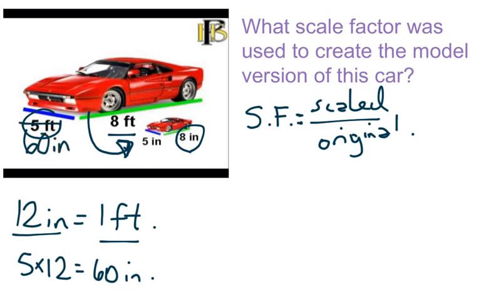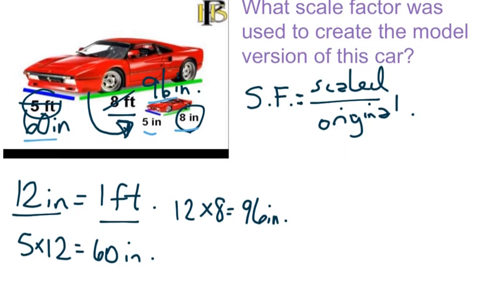And then for 8 feet I would do 12 inches times that, so 12 times 8, which would get me 96 inches. Okay, now this is what I'm going to compare. Now I can choose either to compare the 60 inches to the 5 inches or the 96 to 8. I should get the exact same answer, and we'll actually check to make sure that we do. Alright, so let's start with the 5 inches. I'm going to take the scale distance, so that's 5, and I'm going to divide it by the original. Well, the 5 inches used to be 60 inches. Okay, so 5 divided by 60 is